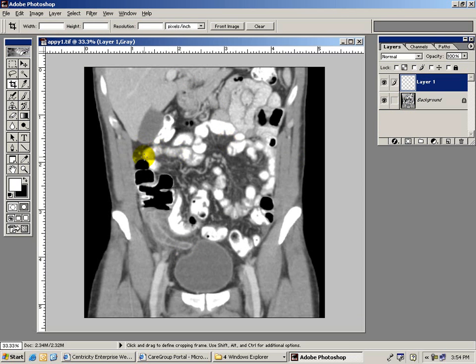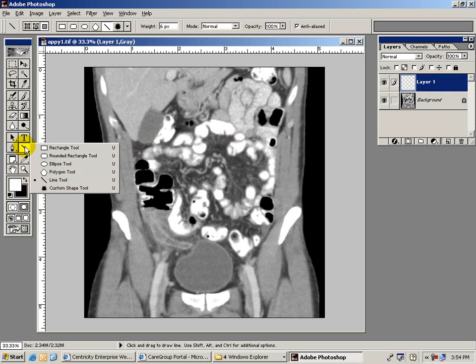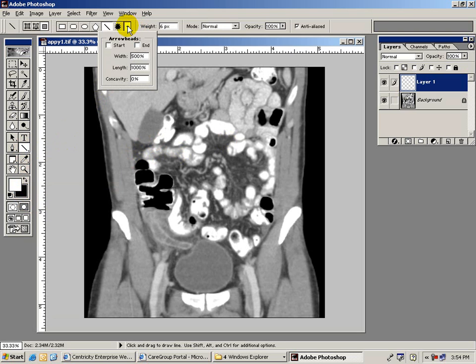Now if you haven't used Adobe Photoshop much before, you might get a little bit confused if the line tool isn't right there. Sometimes it'll be a rectangle tool. Make sure that this is a line tool. And when you go up to your line tool, you want to make sure that you've got your arrowhead checked so that you can have an arrow at the start of your line, and the default here is 500% and 1000.